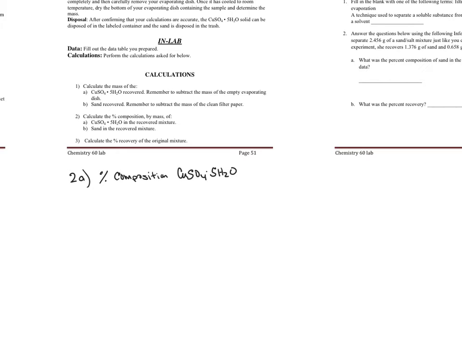So this is going to equal the mass of copper(II) sulfate pentahydrate recovered divided by my initial mass of the sample